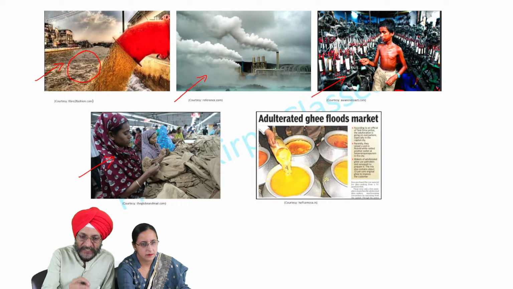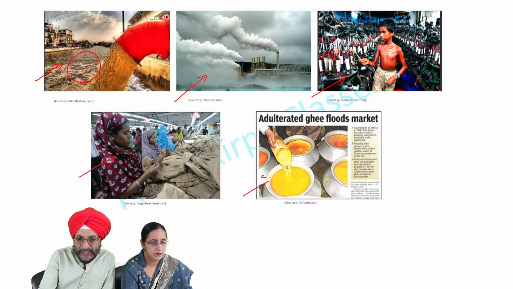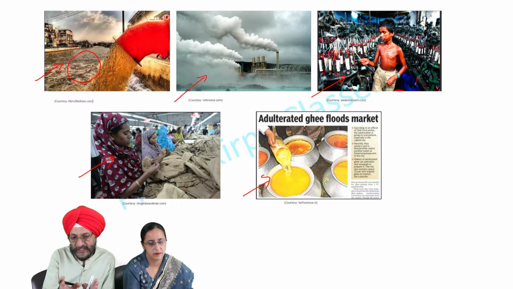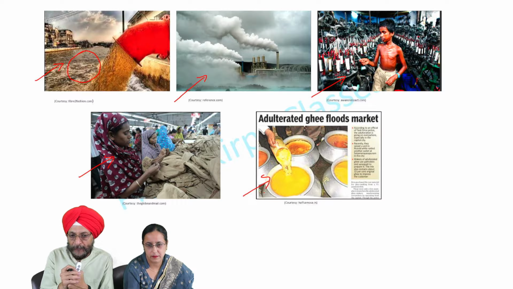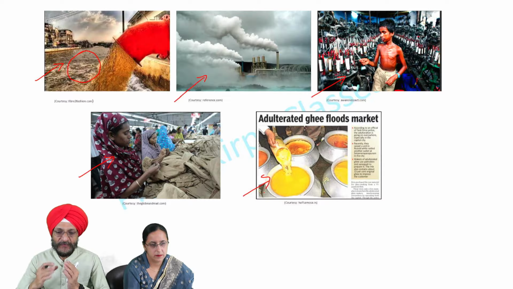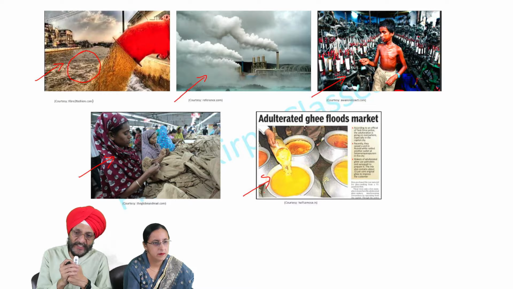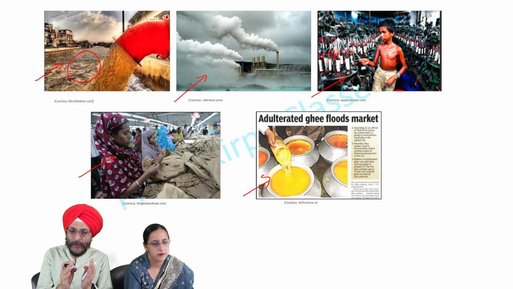Even if someone has some type of infection, all other persons will get infected, and there will be a lot of problems in the families of all those. In the next picture, you will see a news item appearing in some newspaper, which says that adulterated ghee floods the market. That is, some organizations or individuals are selling adulterated ghee in the market. Adulterated ghee is ghee which is not made of milk, but has a mixture of crushed bones, palm oil, and animal fat, which is harmful for the society.